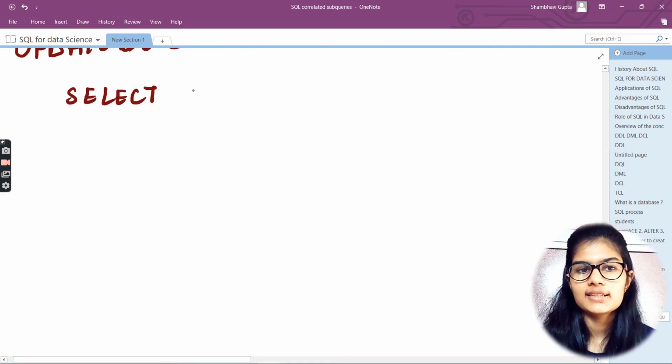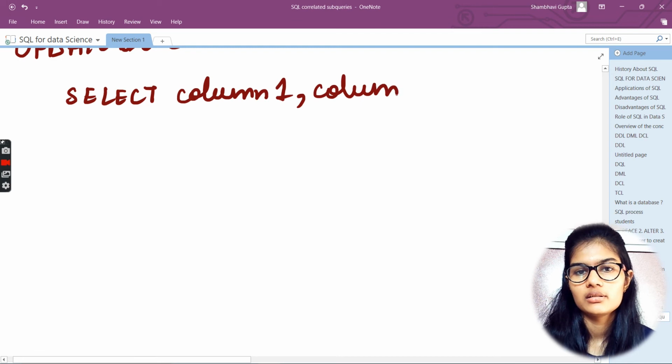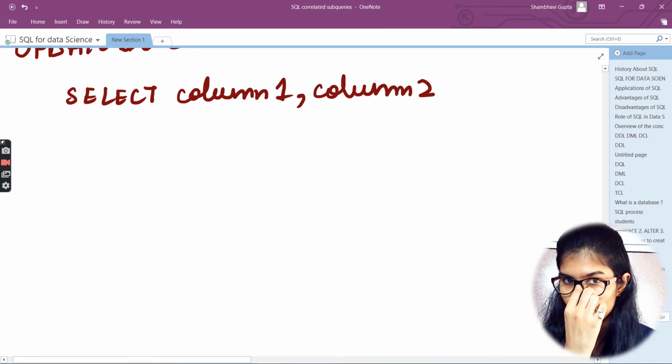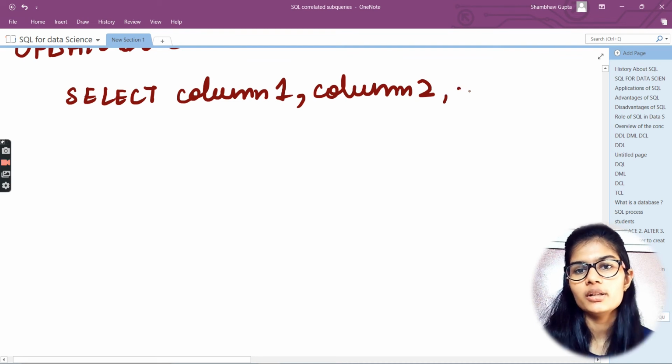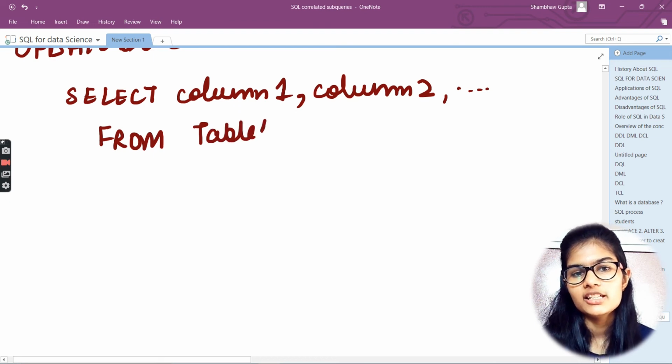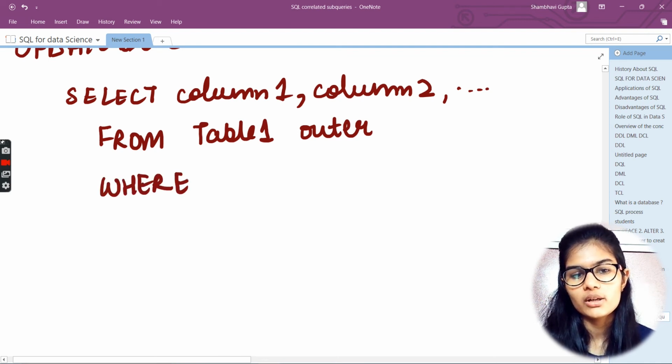So we start with the select statement, select column 1 and column 2. This is column 1 and that is column number 2, putting a comma. So from table 1, and here goes the outer. From table 1 outer, we have a condition for the where clause. From table 1 outer, where column 1 operator,